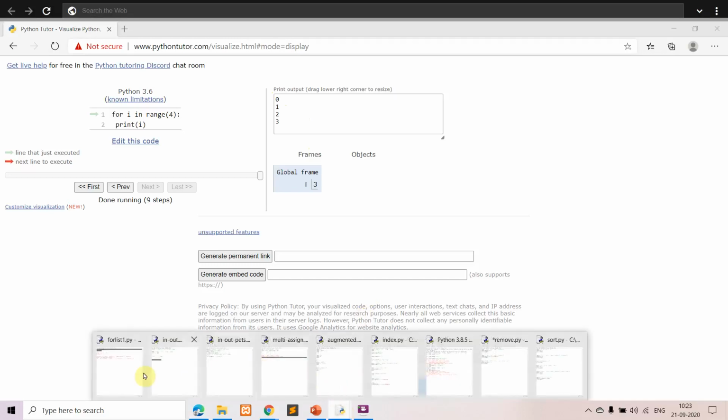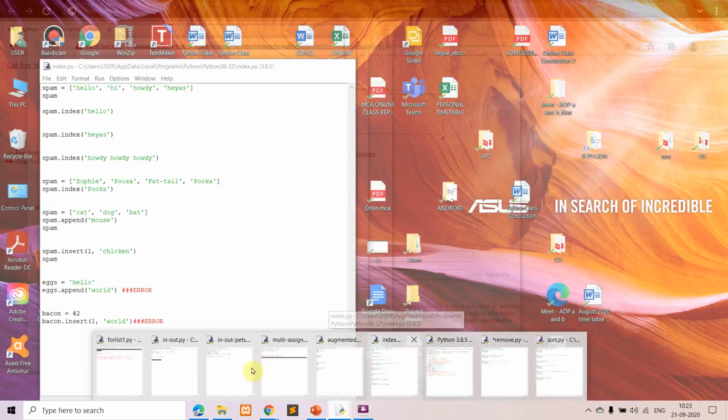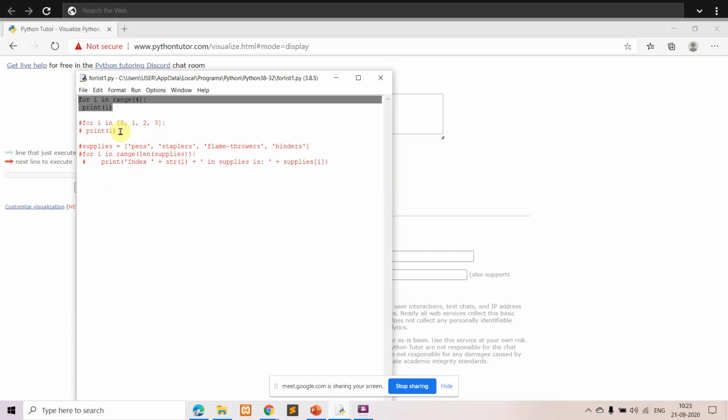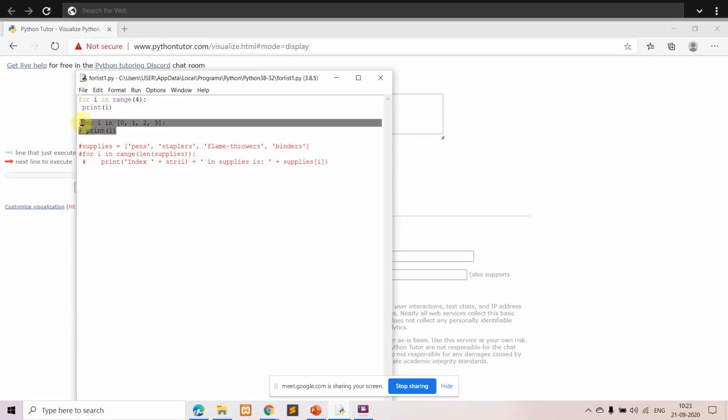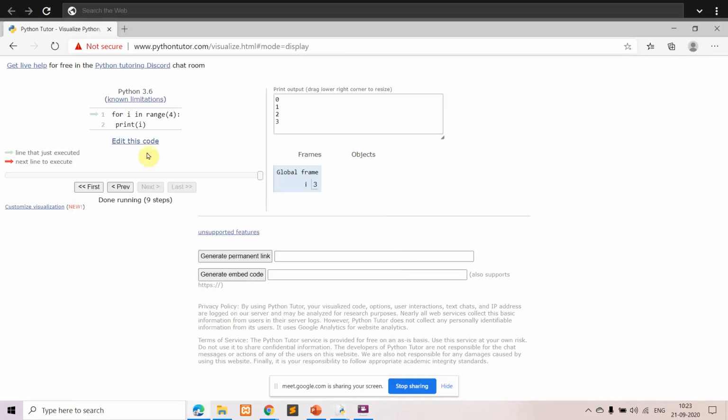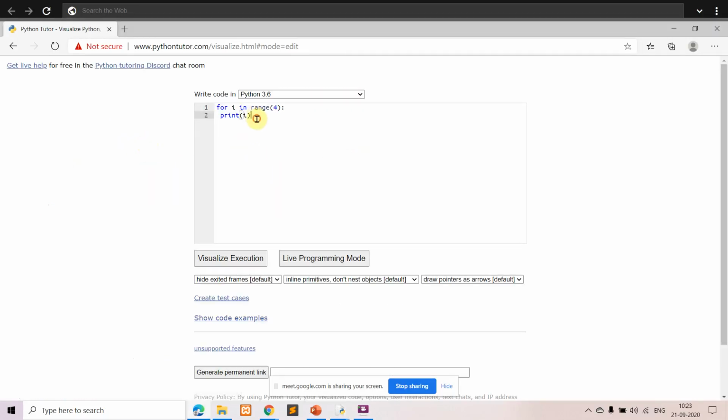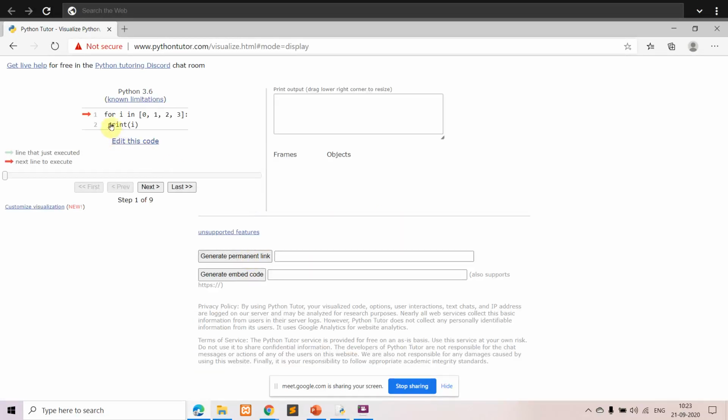Now we'll just see another example which can be used with the list. So if you want to use this for loop along with the list, then how you can modify this particular program. So you can just see here. Indentation is very important. Okay. So we'll see for i, that is your looping variable, in the range 0, 1, 2 and 3. So this is nothing but how you can use the for loop in a list.